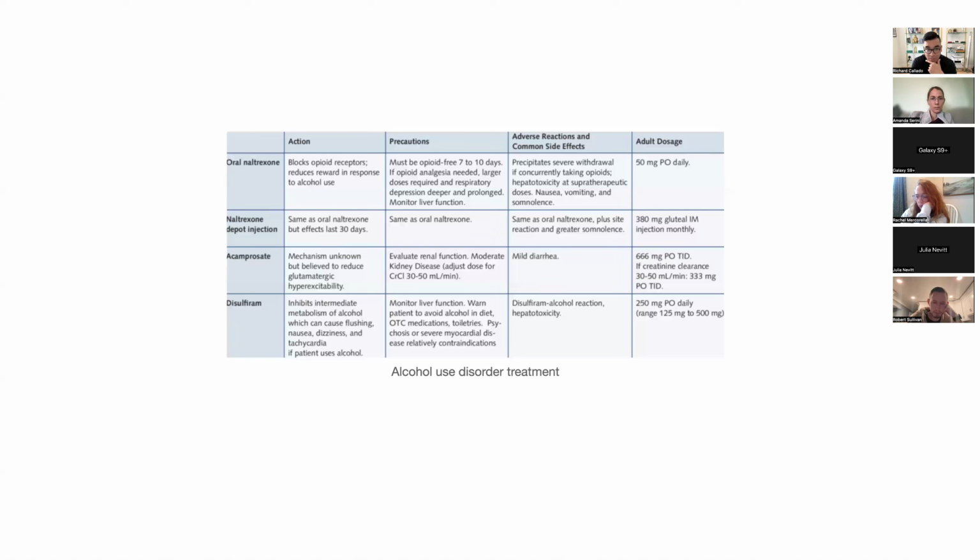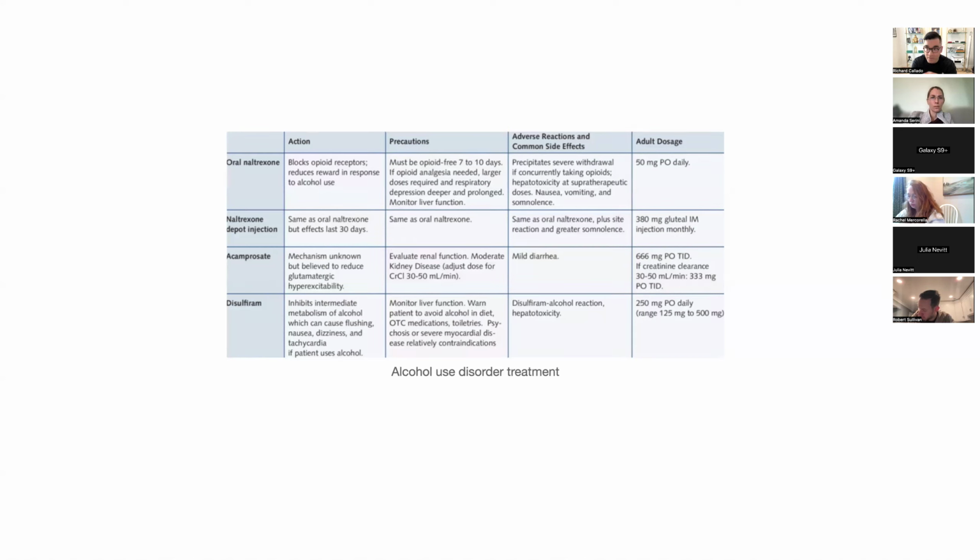So be careful of that. If someone has a family history of mania, because remember, too much dopamine can also cause mania, or a family history of psychosis, I probably will not use disulfiram with them. It's called disulfiram-induced psychosis. It stops the breakdown of dopamine to norepinephrine by inhibiting an enzyme called dopamine beta hydroxylase, DBH. Dopamine beta hydroxylase converts dopamine to norepinephrine. When you stop that, dopamine starts to build up in the synaptic cleft. Too much dopamine will predispose someone to psychosis, especially if they already have a family history of psychosis.